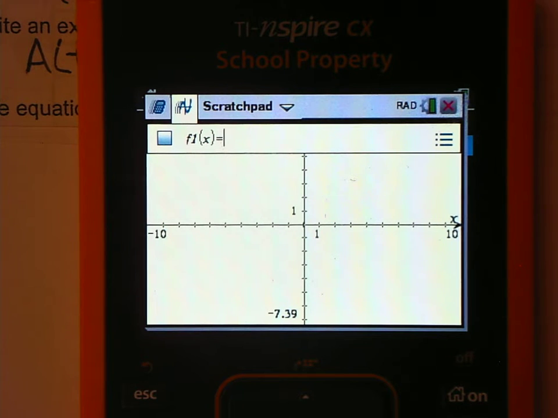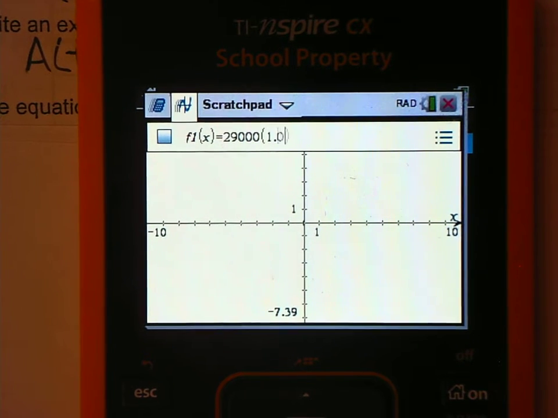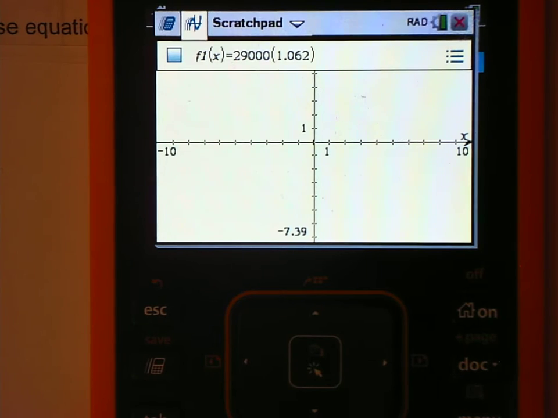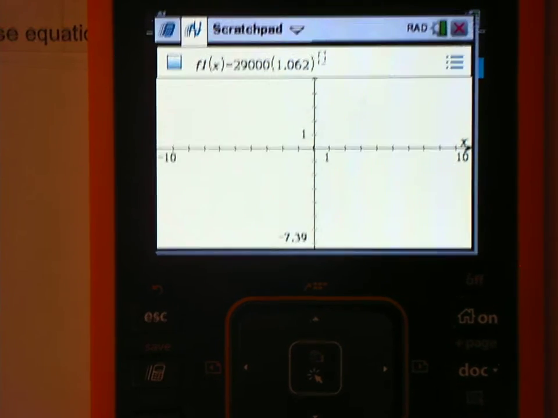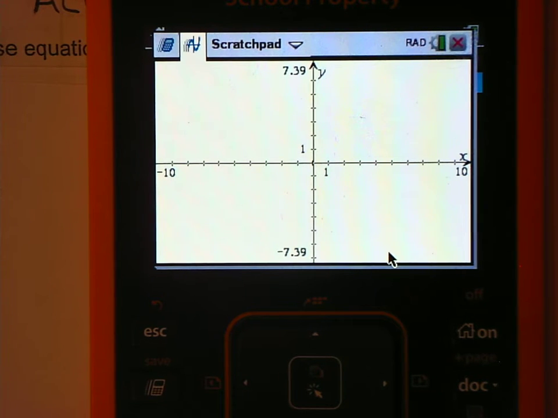So I'm going to use the equation that we derived from above, and it is our initial amount, $29,000, parentheses 1 plus 0.062, because that's our rate of increase, to the, and remember to raise anything to a power, press the caret key, which is below the equal sign, it looks like a rooftop, and then x power, and I'm going to press enter. When I do that, there is a graph, it's just out of view, but I don't care, I don't need the graph. What I want is to make a table. So I'm going to rely that the graph is somewhere there and just type in Control T for my table,